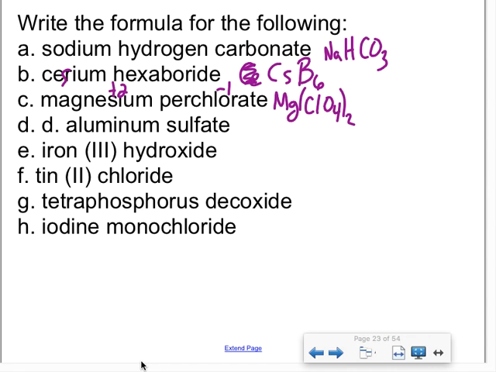All right. So remember, guys, you also have to look at the charges on some of them. So keep that in mind. Aluminum. What's the charge on aluminum? Positive 3. Sulfates. SO4. What's the charge on it? Negative 2. Do the charges balance? Nope. What's a common number that they both go into? 6. So what number do I have to take 3 to get the 6? 2. So the Al2, and negative 3.